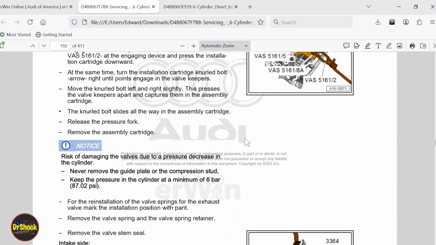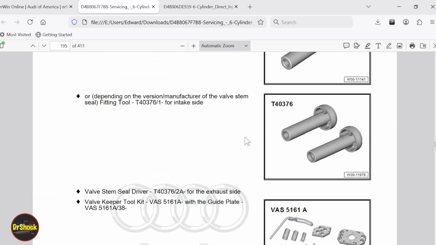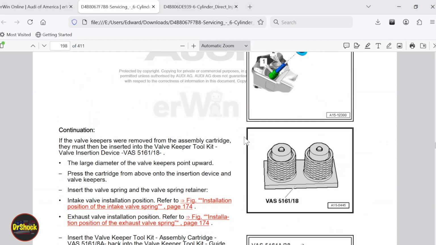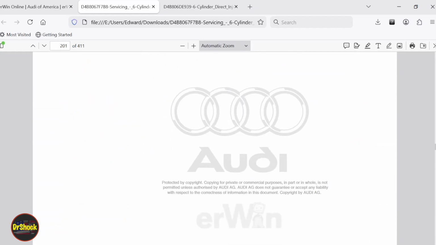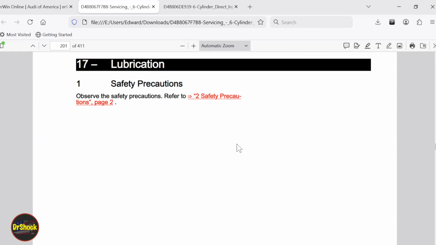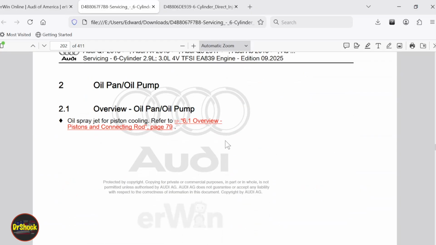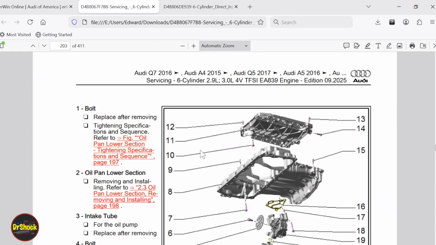It's unfortunate that there's not really an effective search in this that I've found. So you just kind of have to know what repair group you're going to need, and then go through and find the section of that repair group that's applicable for what you're trying to do. All right, here we are, repair group 17. So now I want that lower oil pan